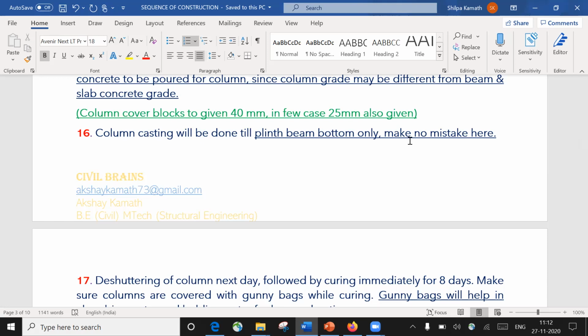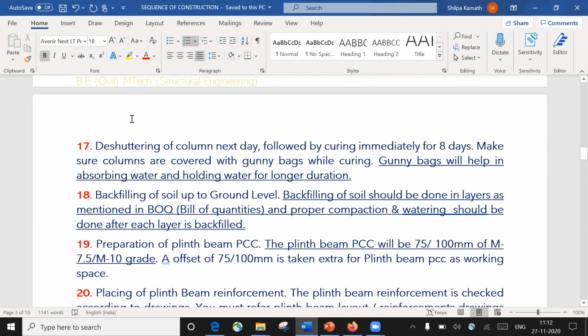So again you have to put in labor, and you have to do the chipping and all. So instead of that, always try to cast to the same level, I mean up to the beam bottom, or even 50 or 100 below that is also good. It's fair enough, not an issue with that, right? So once that is done,